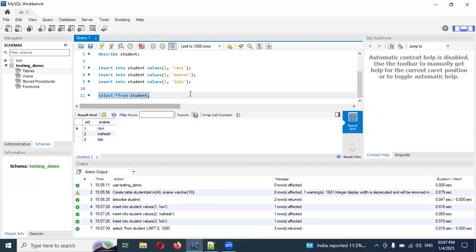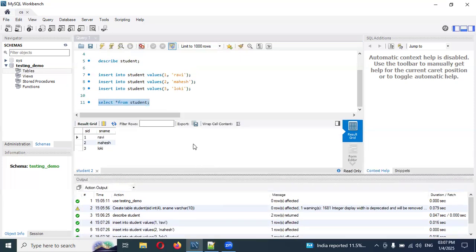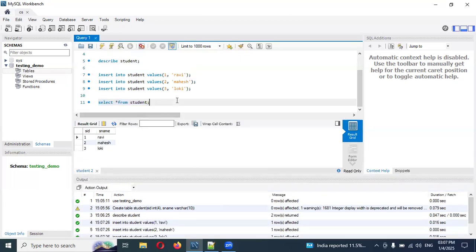Yes, three records we have. Now we are able to get the three records. Now we need to delete the records. First we need to use the delete command for deleting a record. How can we use delete? We can use the delete command, DELETE